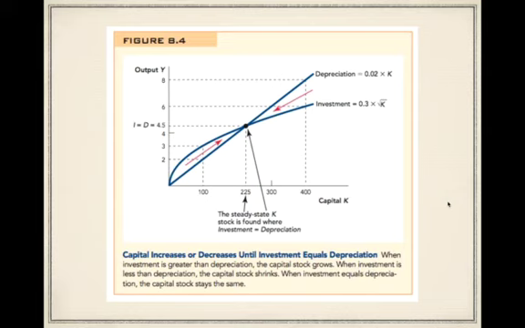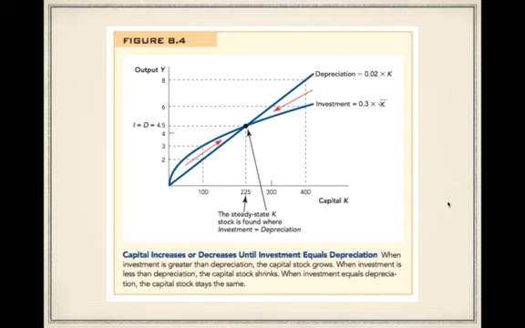that means that we're going to have 10 units of output next year, which means we are going to save 30% of that output. We're going to have 10 units of output this year, of which we're going to save 30% or 3 units, which means our stock of capital next year is going to be 103. Except for the fact that when we have 100 units of capital, 2% of those units are going to break down, which means we're going to have depreciation of 2.